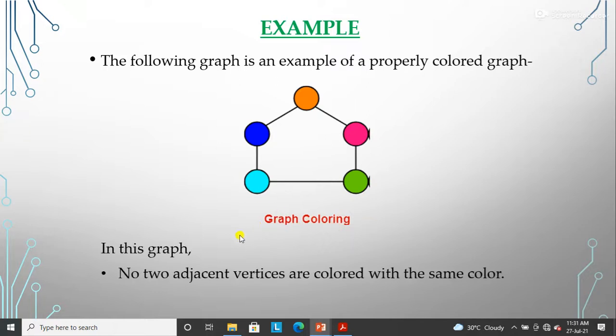In this graph, no two adjacent vertices are colored with the same color. Adjacent vertices, it means that if we have adjacent vertices, these are not the same color, right? All are different colors, therefore it is a properly colored graph.